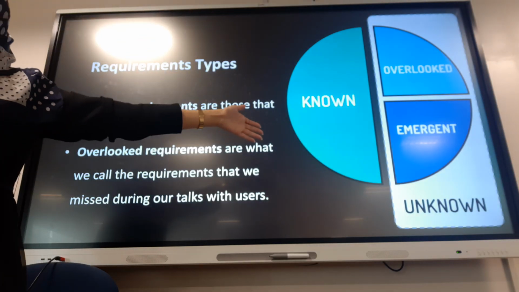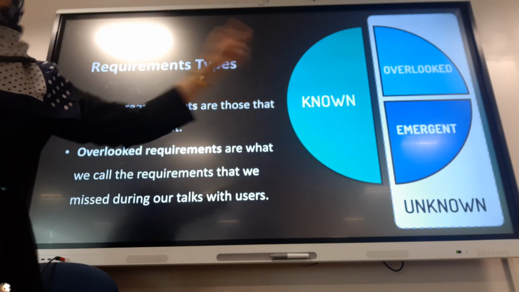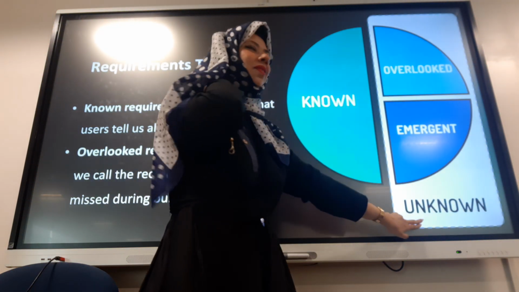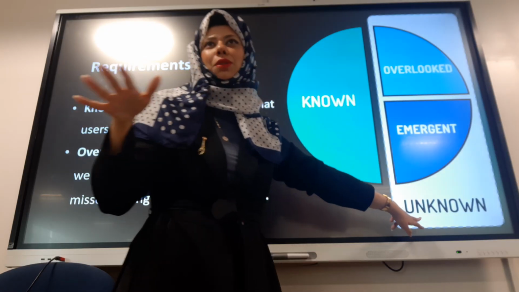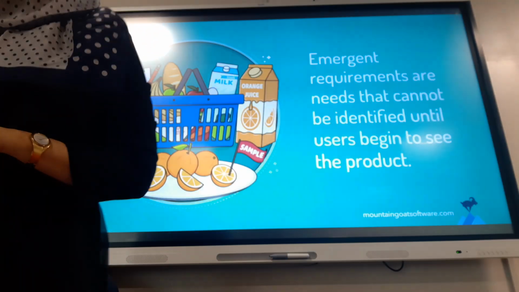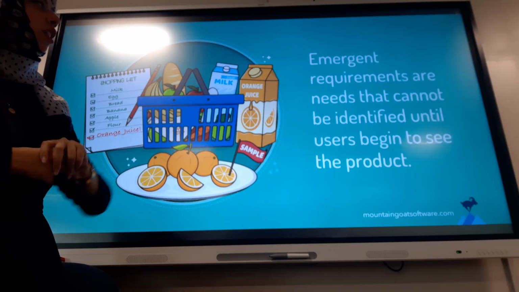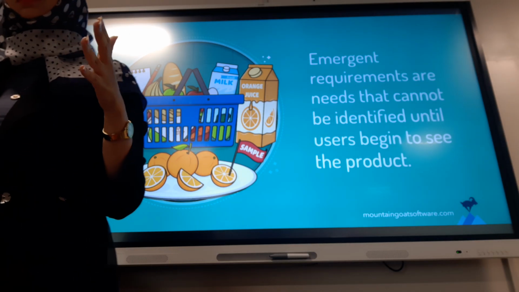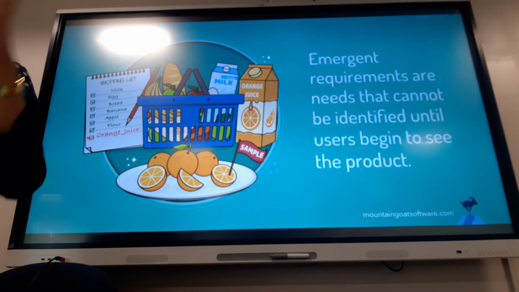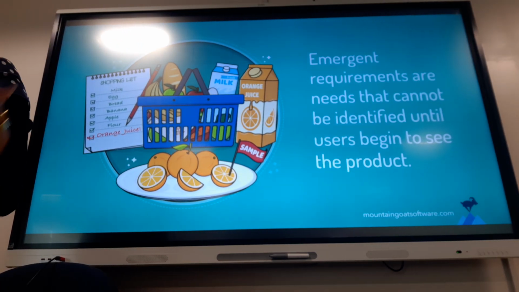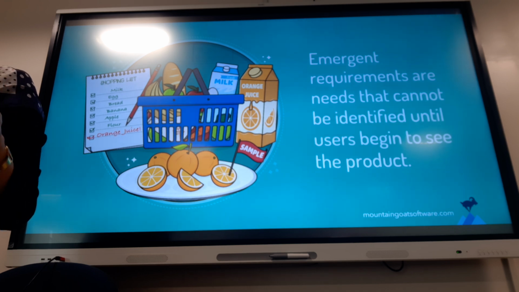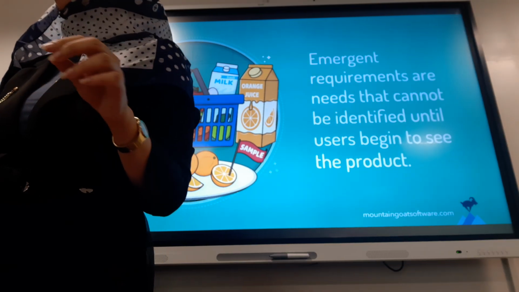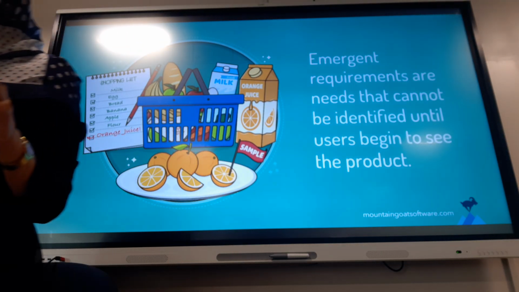Well, this is emergent, right? These two usually are considered somehow unknown with different degrees. So we can say emergent requirements are needs that can't be identified until the user begins to see the product. Take a space management system, a real scenario I'm telling you about. Top management sat down in a meeting and purchased a license for a space management system,